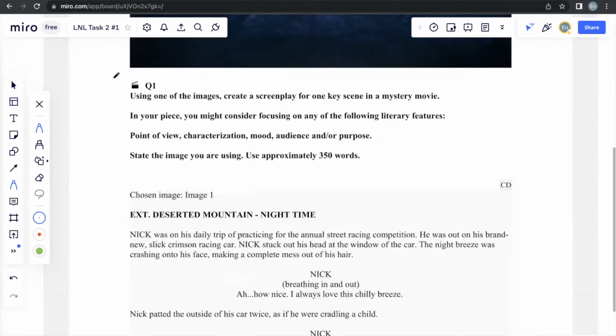And this is the main instruction for the entire question. Using one of the images, you'll be asked to choose one of the images. You can't write on both of them. If you write on both, there's a chance you may not be marked because the examiner will not know which essay to mark. Create a screenplay